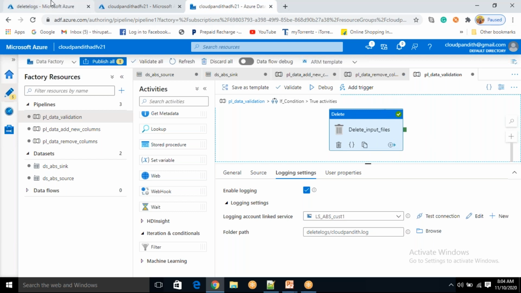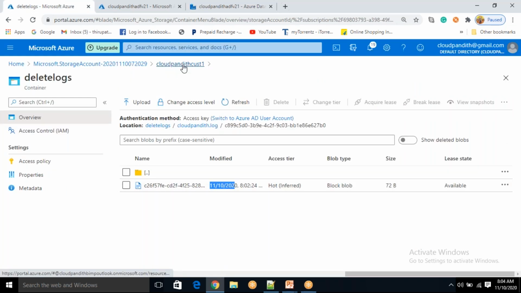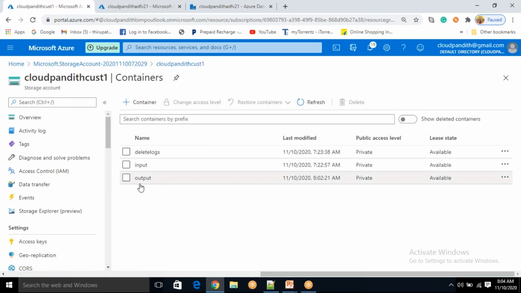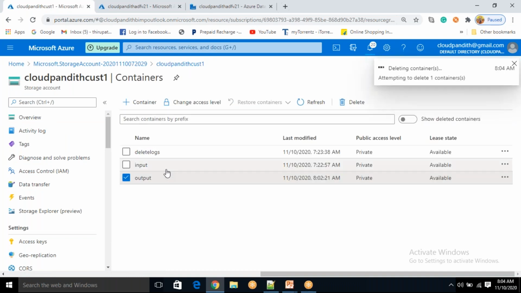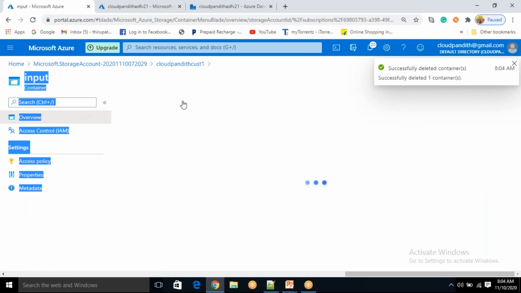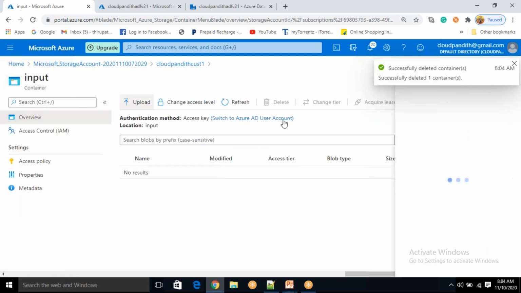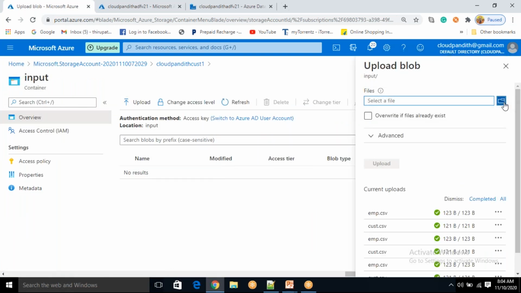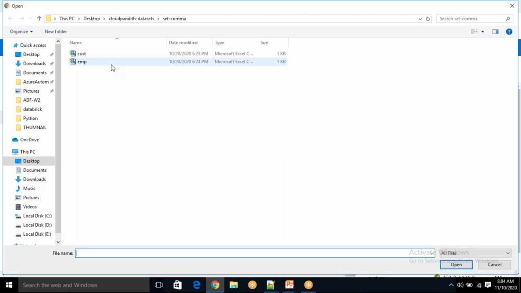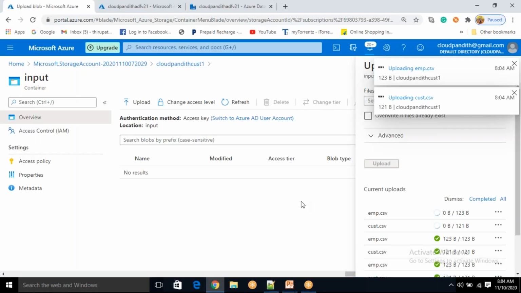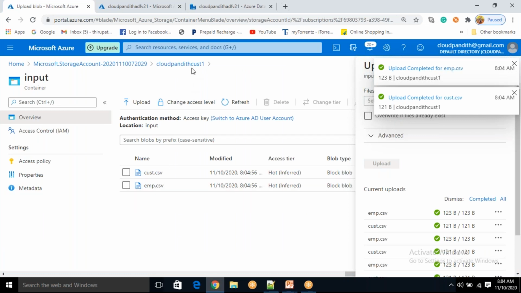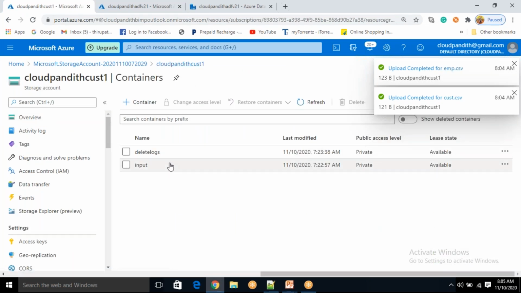Let's say again I will debug without deleting this log. What will happen? We'll see. Let's delete this output container and go inside input. See, I'm inside the input container. Let's upload the files. Custody.csv, emp.csv, come back.